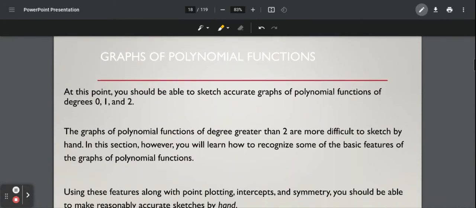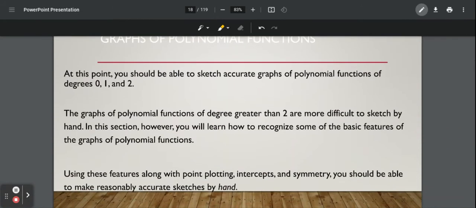So these first few slides are just a lot of talking points. The idea at this point, we can graph zero functions with 0 degree. Remember, a 0 degree function would just be a horizontal line. If you have a first degree function, that would be like y equals mx plus b. You would just have an oblique line. And a second degree function is your y equals ax squared plus bx plus c, which would be your